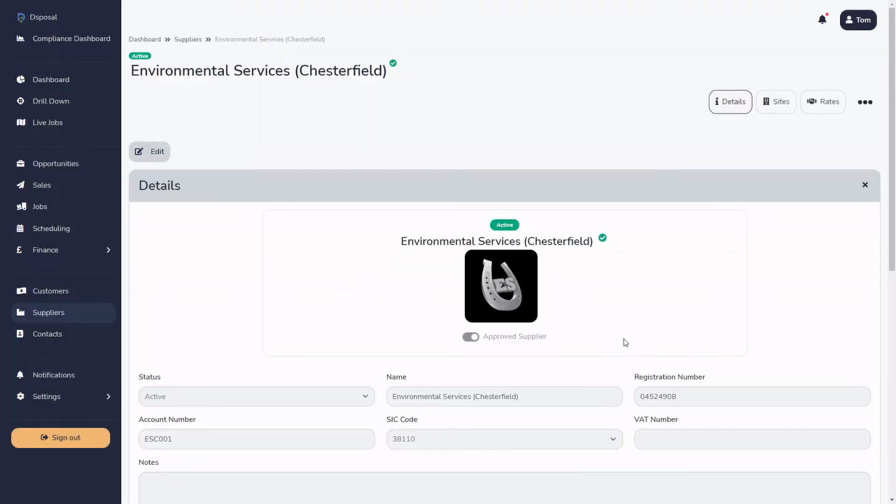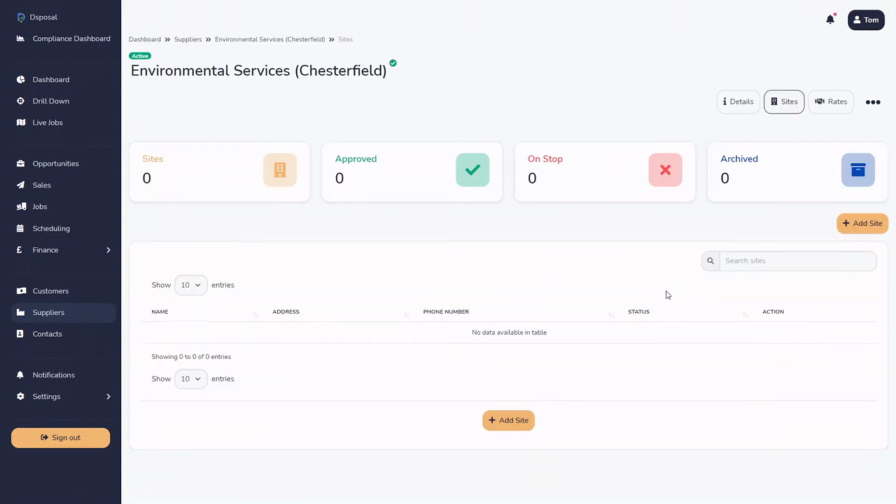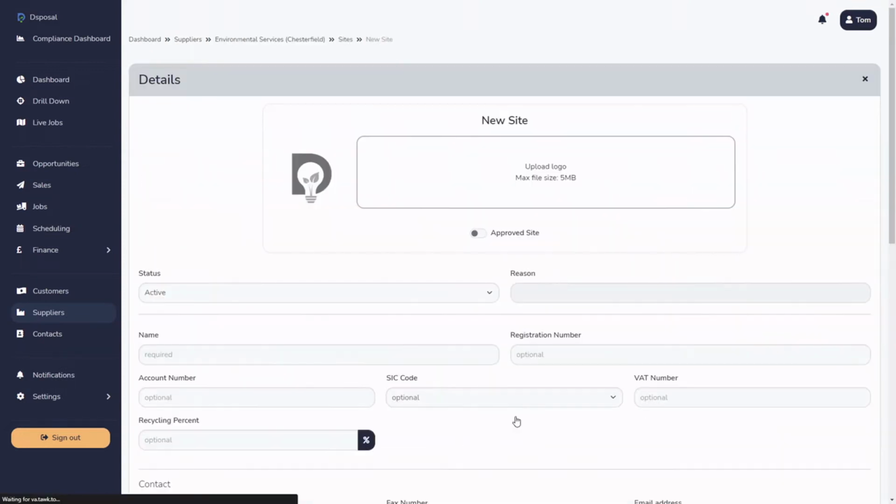What this does is it sets up an organisation, which is Environmental Services Chesterfield. Organisations aren't sites themselves, they aren't physical locations, they are buckets that information gets put into within the system. So we have to create an organisation, and then we create a site underneath it here. We have to go through that process again